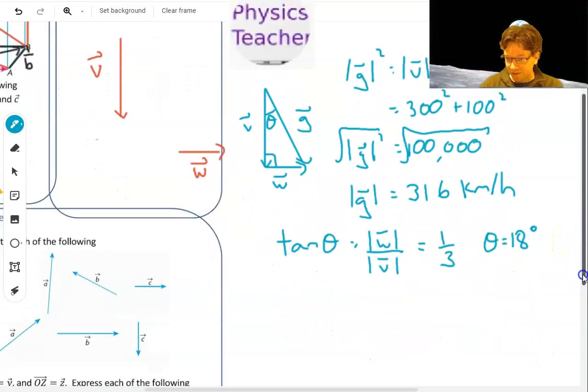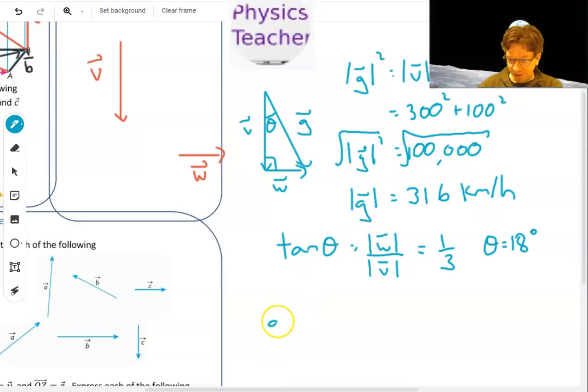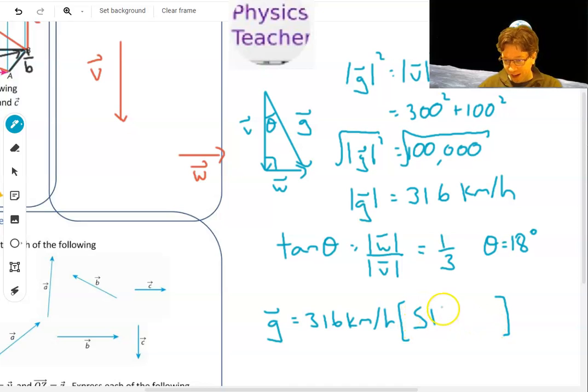So then we can say that our vector G is 316 kilometers per hour. And then usually we write direction inside of square brackets to indicate the direction of that vector. And in this case, it's heading south 18 degrees to the east. That's one way of writing it. We could also write east 18 degrees of south,